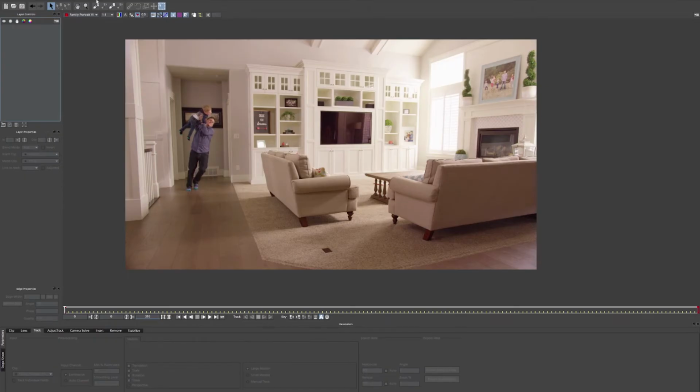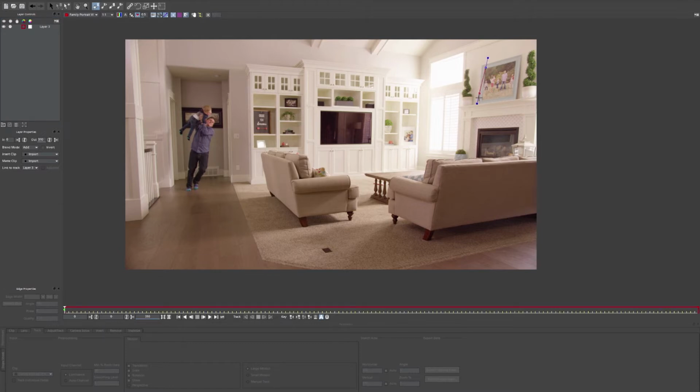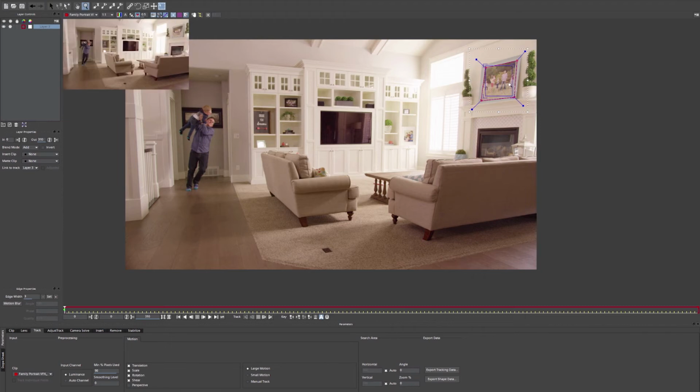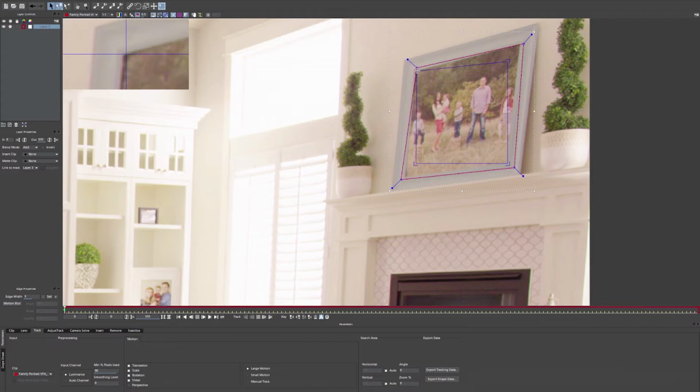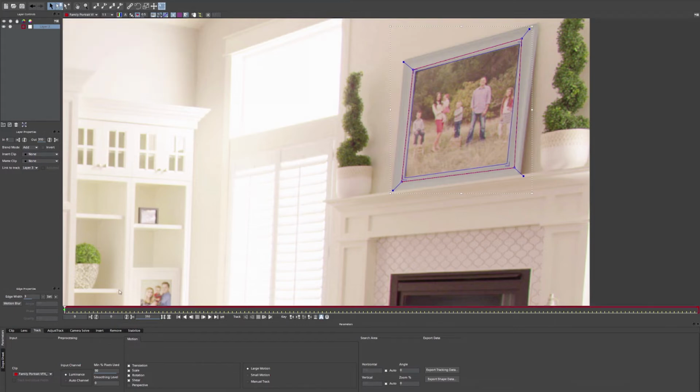Okay, so here we are in Mocha, and the first thing we need to do is click on our spline tool. We need to draw a shape around where we need to track. And the next thing we need to do is make sure that these are in our corners. This is where the corner pin gets its data. So let's line these up. I'm just going to stretch this out a little bit more. There we go. Okay, after that, make sure that we have translation, scale, rotation, and shear checked,